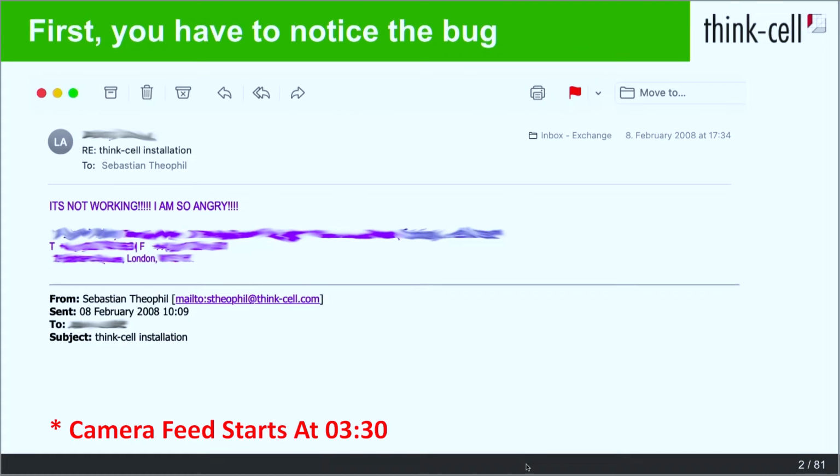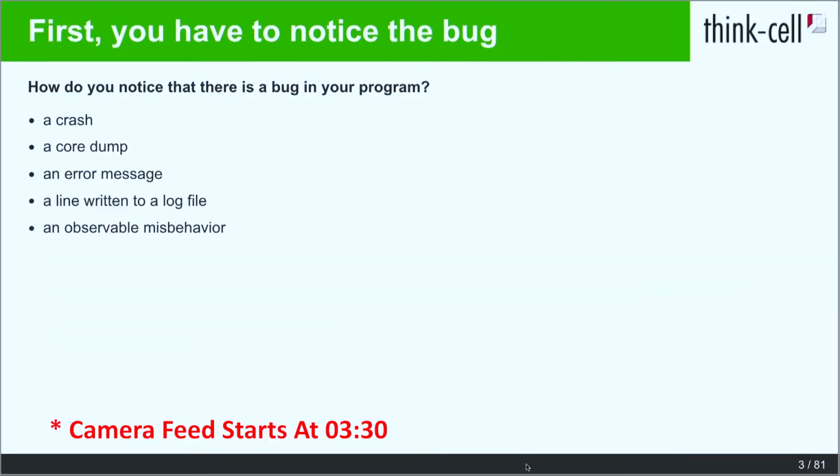So this is one bug report. You can see from the date that I remembered this bug report when I wrote this talk, because it is not a very good bug report, obviously. It is a bit short in details. But I do remember that I could figure out what the problem was. You see, despite the language, it was a British person, I think. So we want to get better bug reports that are more helpful.